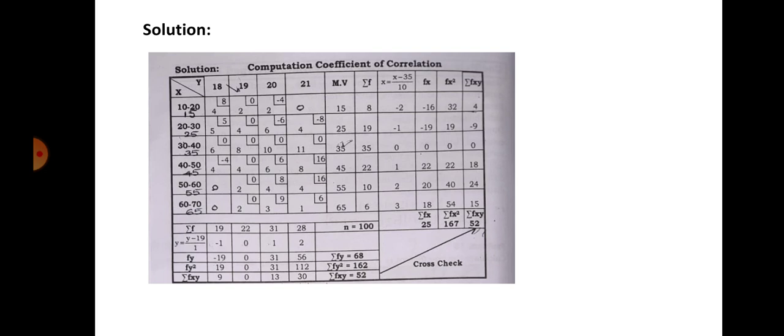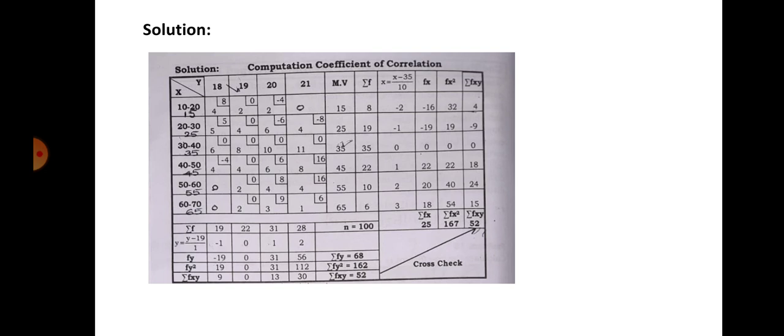For 10 to 20 you have to take the midpoint, 20 to 30 you have to take 25 as the midpoint, 30 to 40 is 35 as the midpoint, 40 to 50, 45 as the midpoint, 50 to 60, these 55 I have written. The values are midpoints of the classes of x. Similarly for y you don't have to do anything. The given values themselves will have to be taken. What is that? y is 18, 19, 20 and 21.